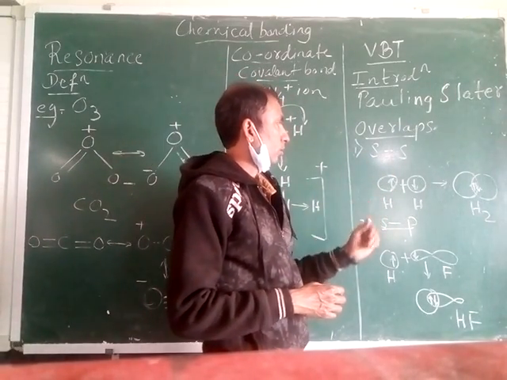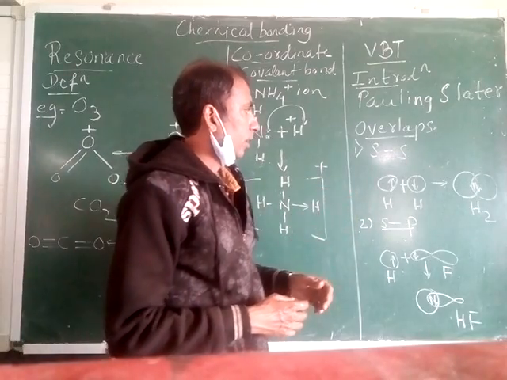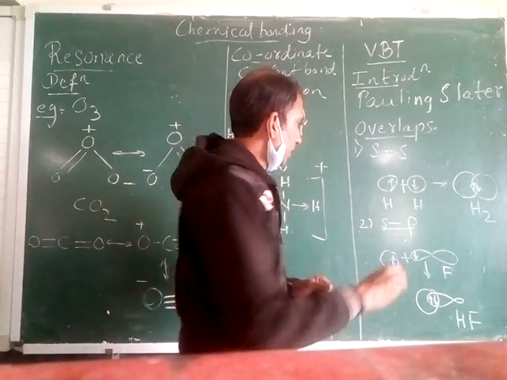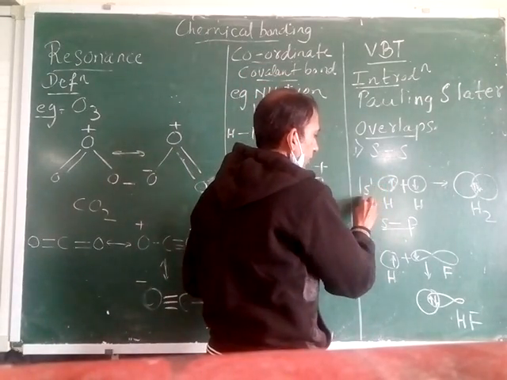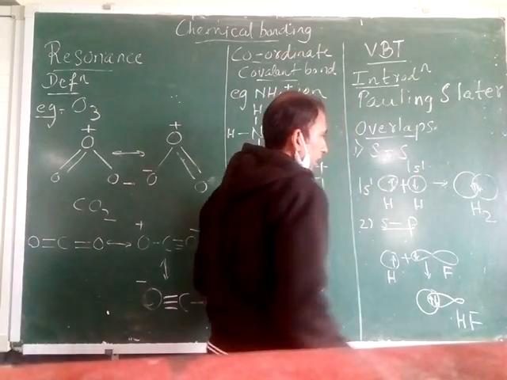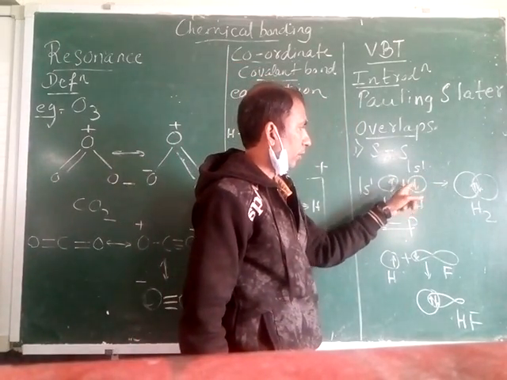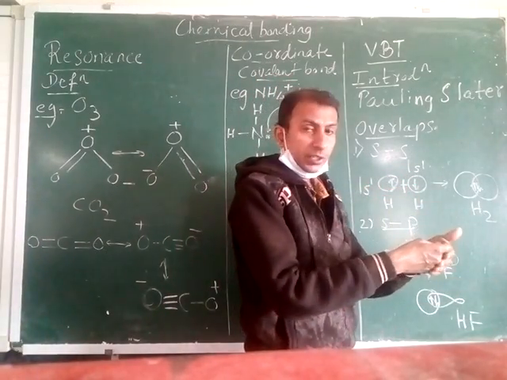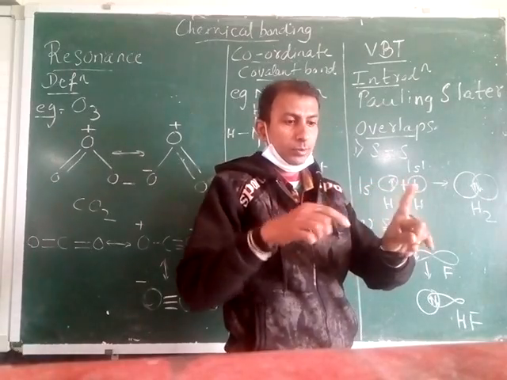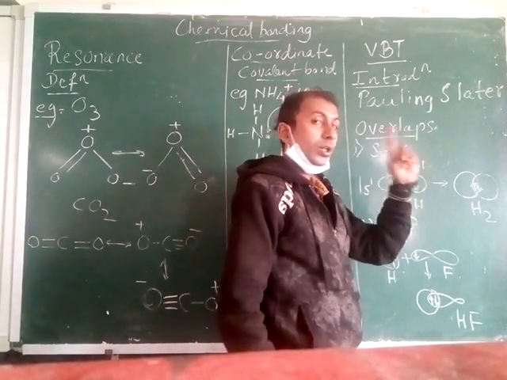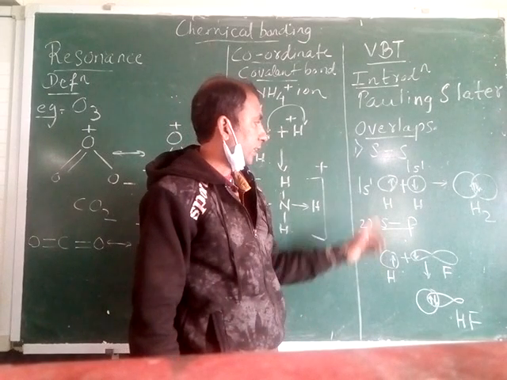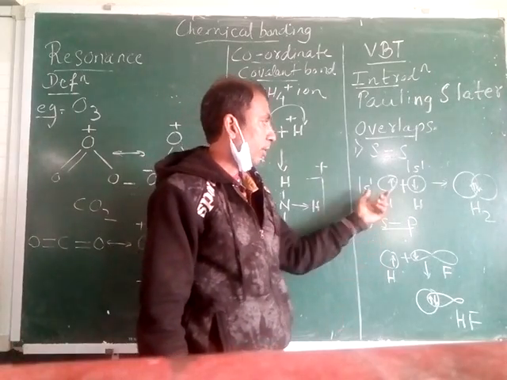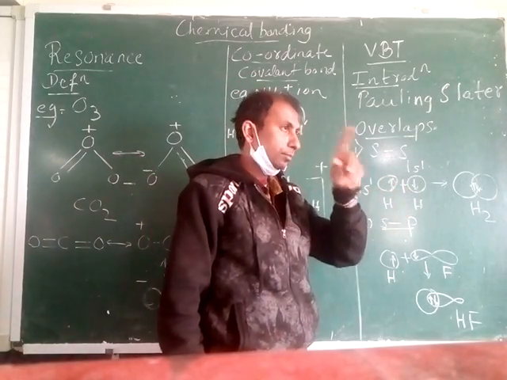So let us write down this example, see, understand. Formation of H2 molecule, how it is formed. The first hydrogen atom contains a 1s orbital, the second one also contains a 1s orbital, with opposite spins, very important, anti-parallel, and then they will approach each other and the pairing of electrons will take place. Pairing of electrons takes place and the H2 molecule is formed. And since s orbitals are overlapping, that's why it is an example of ss overlap. The shape of the s orbital is spherical, a circle.